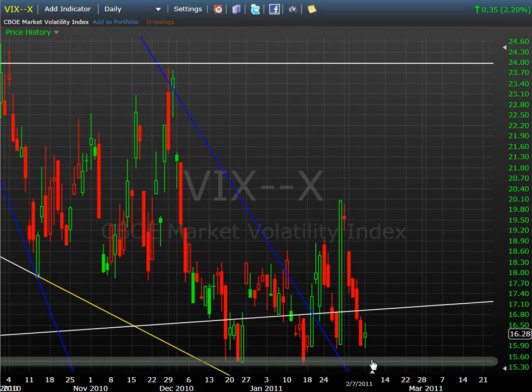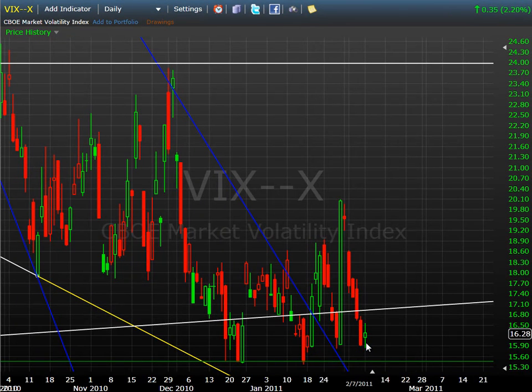However, what is so fascinating about this candlestick is that the market was up today. The volatility index was up today. We put in a reversal candlestick here on the volatility index. Now, we found support here at this level. So there is a possibility that even if we have some weakness in the volatility index tomorrow, it doesn't lead